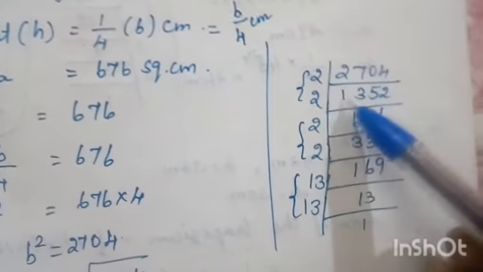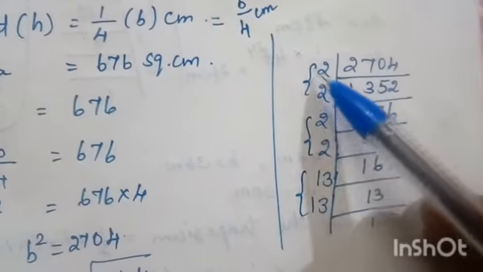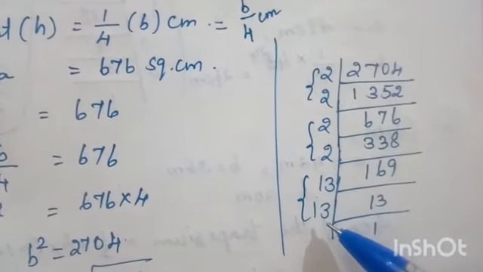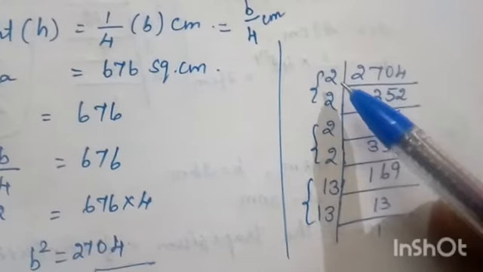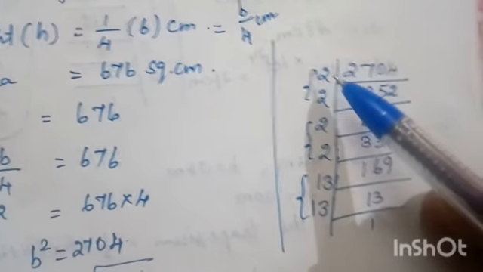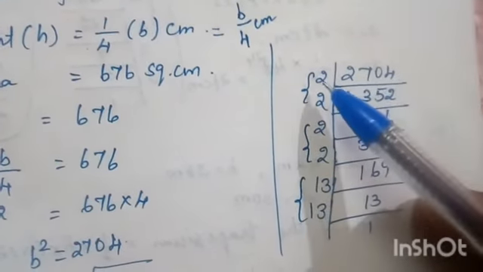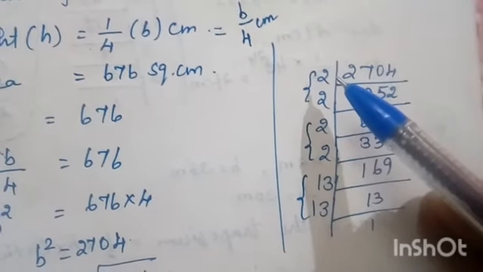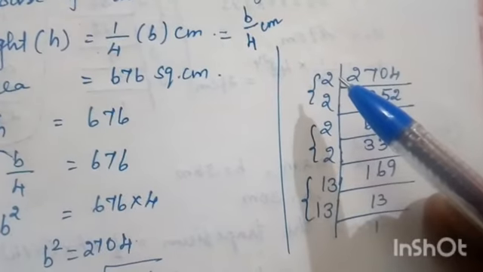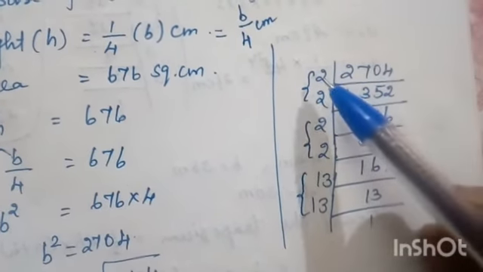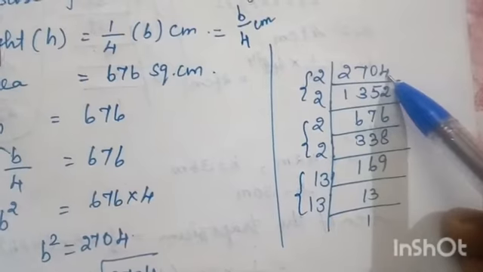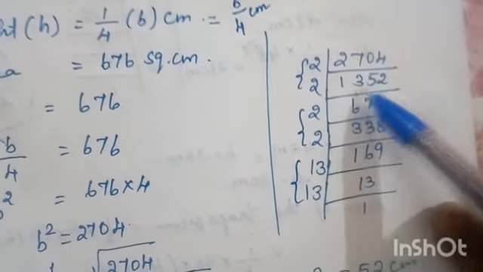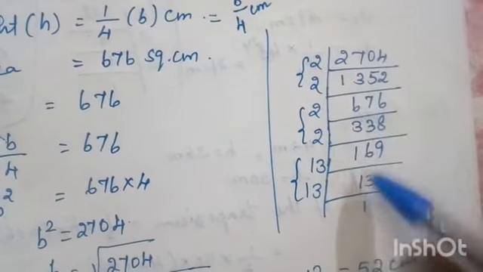Listen carefully. First, you have to use prime numbers. You have to select the divisor as a prime number. Prime numbers means the number is divisible only by 1 and itself. So for prime numbers, just revise 2, 3, 5, 7, 11, 13, etc. Here the number ends with 4, an even number, so prime number 2 is possible. It is like a normal division, only the way of writing is different.